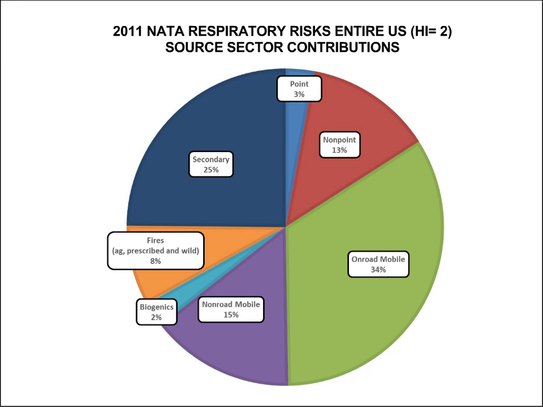That's cancer, the non-cancer. Once again, mobile is probably the biggest piece of the pie between on-road and non-road mobile. We have almost half the pie from mobile this time, which is telling me that some of that acrolein we showed you earlier that's driving non-cancer, we could actually attribute using CMAQ now back to the mobile source that it's coming from. So that informs our Office of Transportation Air Quality folks where they need to continue to do their homework to reduce risks from mobile sources. And you'll see the secondary is about a quarter, and fires actually pop up as 8%